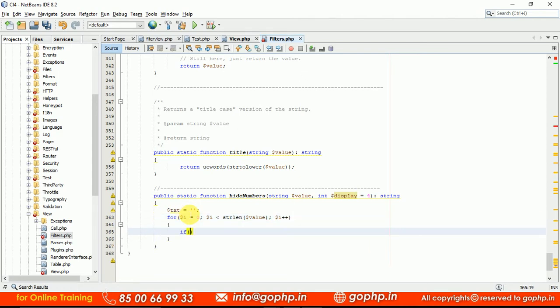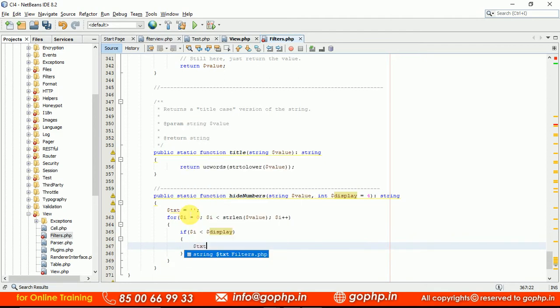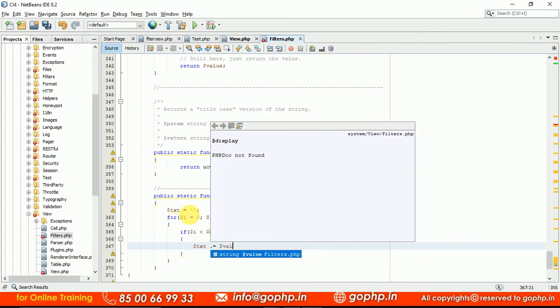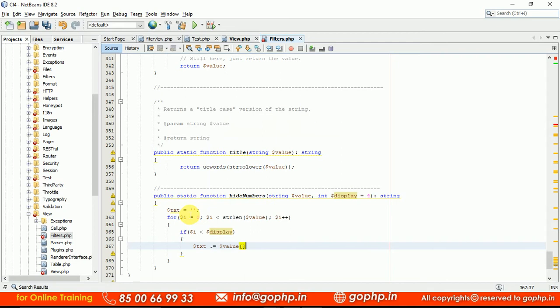Here I am writing a small condition: if $i less than $display, $txt dot equal to $value of $i. Just I am concatenating.